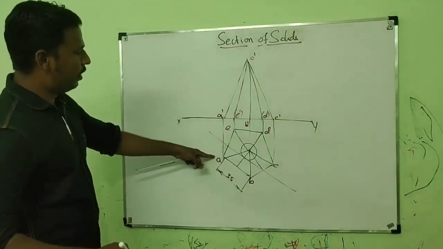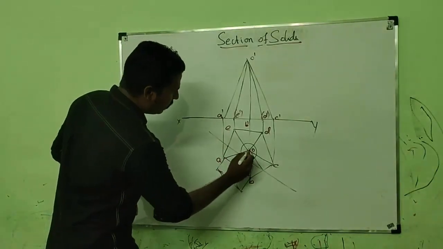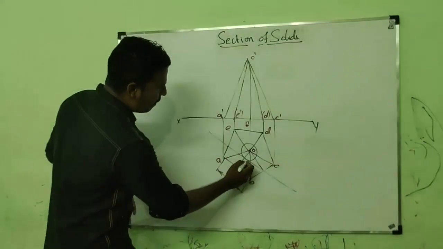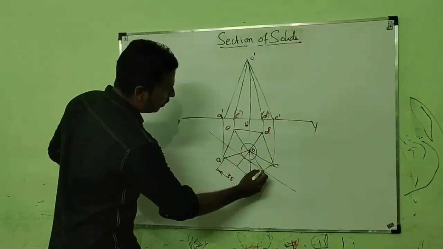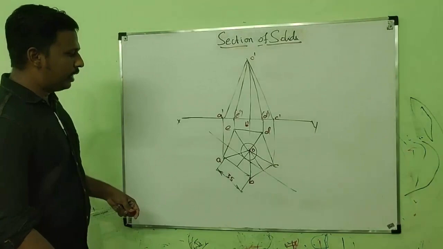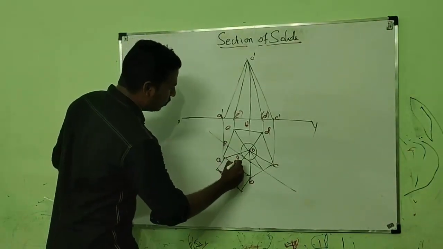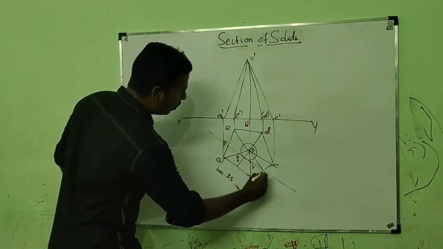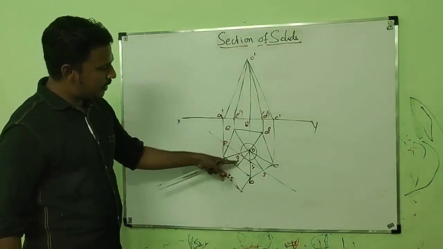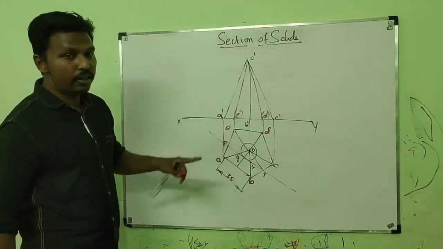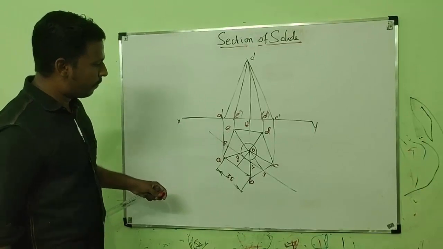Base edge AE, at the lateral edge AO and the lateral edge BO and here the base edge BC. Let us name all the points P, Q, R, S. Should not mark the point in this because this is just a construction line which is drawn just to locate the center point O. So you should not confuse with that.